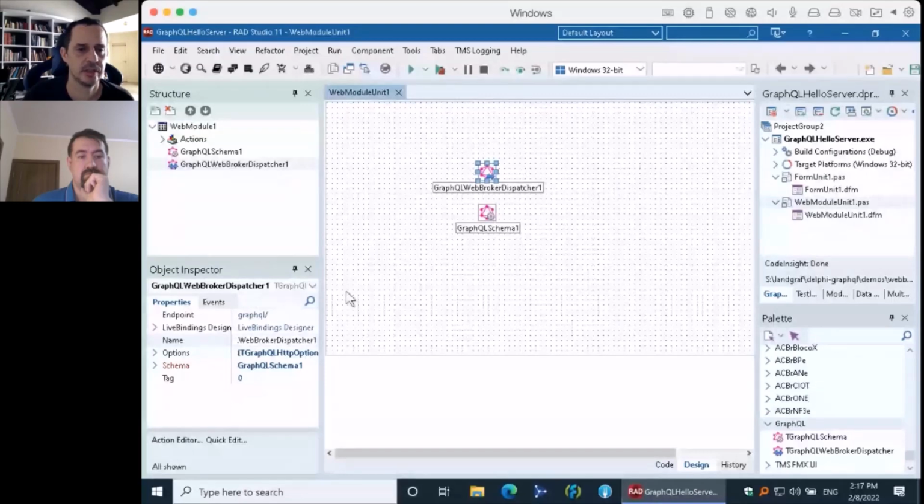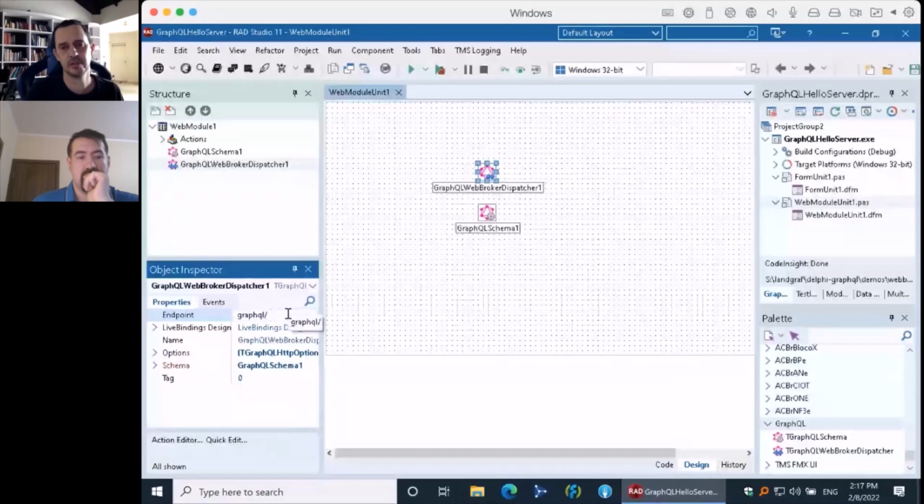So in this component here, we just have the endpoint. That's one difference from GraphQL servers from REST servers, for example. REST servers have lots of endpoints. You have /customers, /orders, /invoices, then you have get, put, post, etc. to perform all the operations you want on the server.